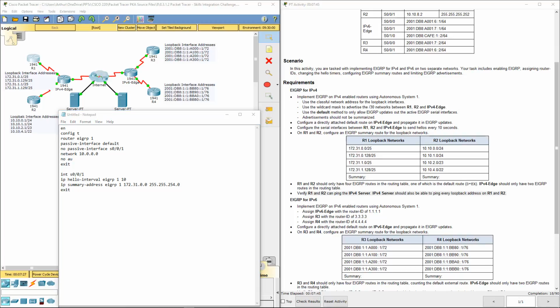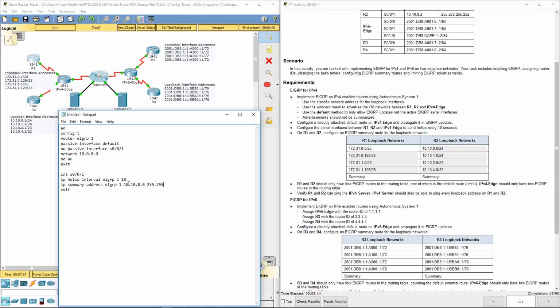Again, no auto summary. We're just dealing with R2. We're still doing our hello interval eigrp 1. We're going to summarize these guys right here to 10.10.0.0